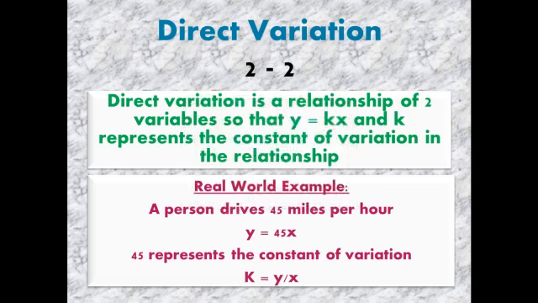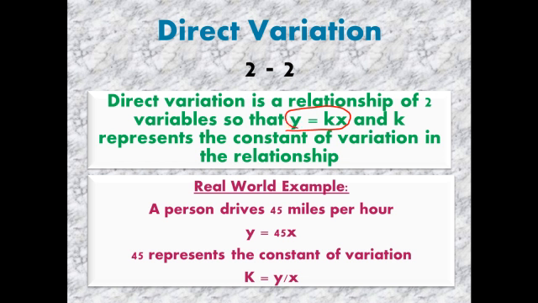Today you will be learning about direct variation, section 2-2 in your textbook. Direct variation is a relationship of two variables so that y equals kx, and k represents the constant of variation